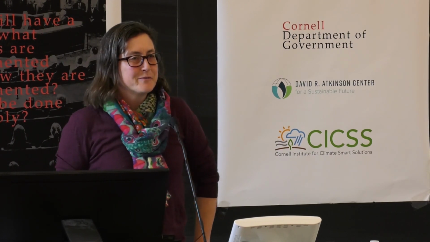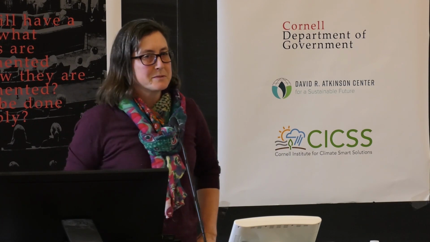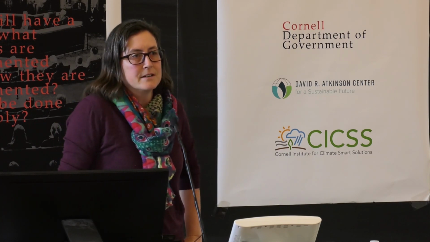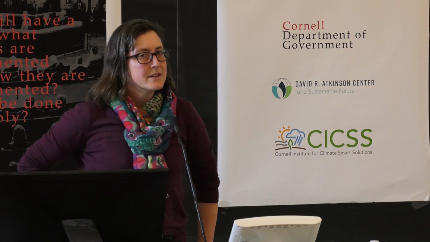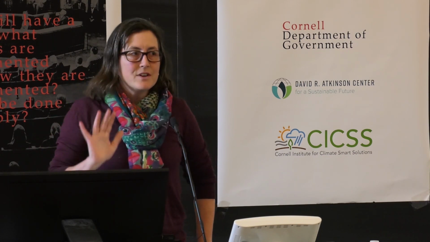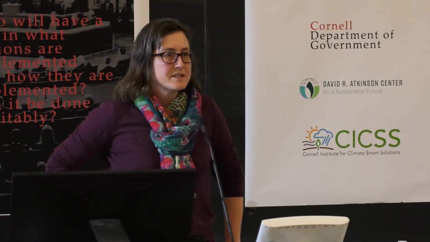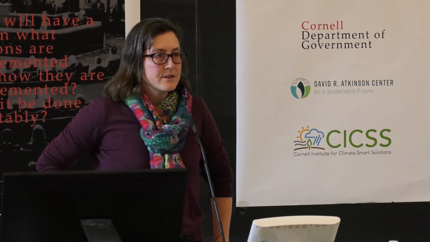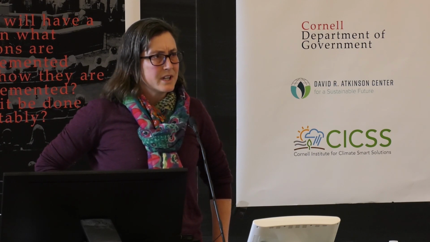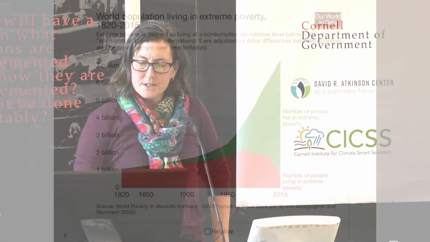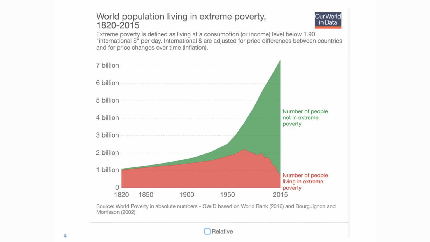So this is a figure that we wanted to put in our chapter but was pulled out for space's sake. And it points out that although, as you're going to see in the numbers, climate change we have not done a very good job of addressing so far and cutting our CO2 emissions, we've actually been surprisingly successful at getting rid of extreme poverty. So this slide here, you're seeing 1820 to